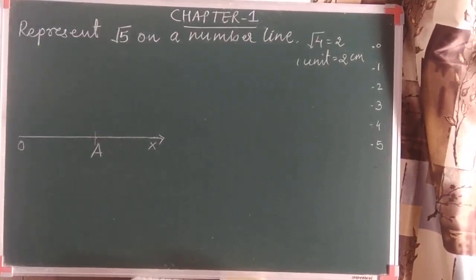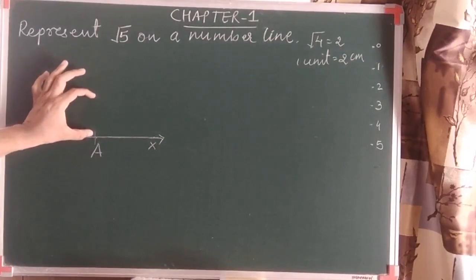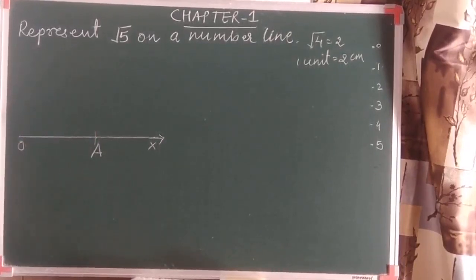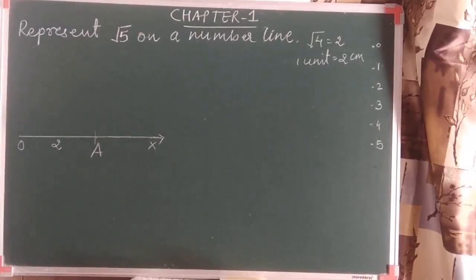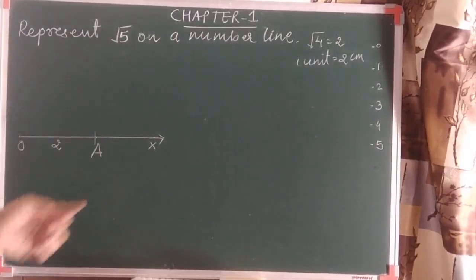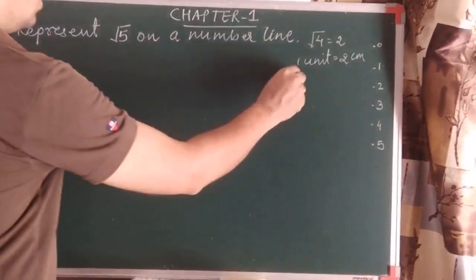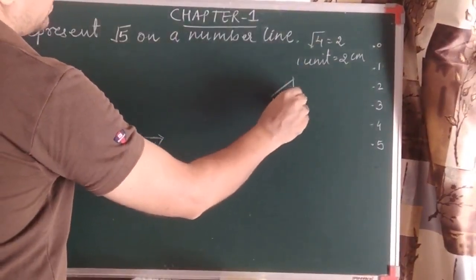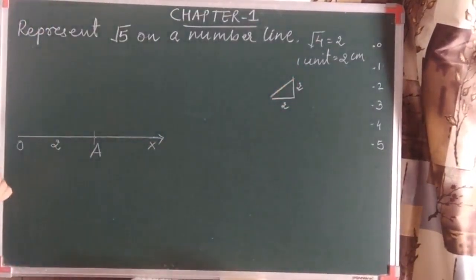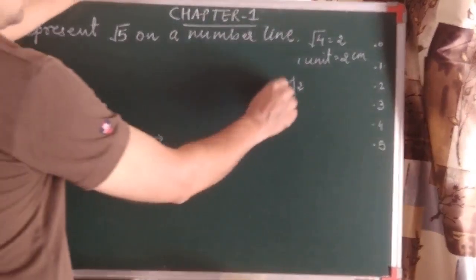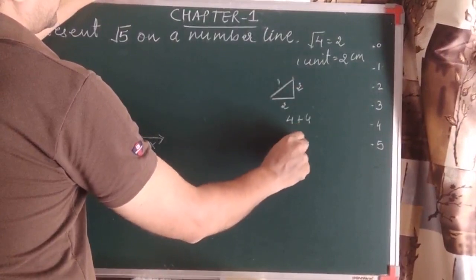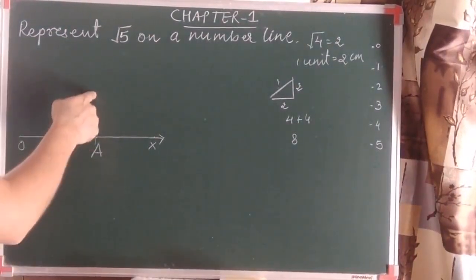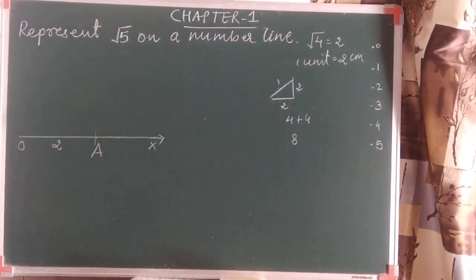Now, what we did in the previous question, we drew 1 centimeter here. Just wait a minute. You need a clear idea of Pythagoras, because whenever we represent any irrational number on a number line, we have to use Pythagoras. As it is 2 units, if I take 2 units here also, look at this. What will be this value? The square of this plus the square of this. So it will be 8. That won't be possible. So here we have to take a 1 centimeter unit.